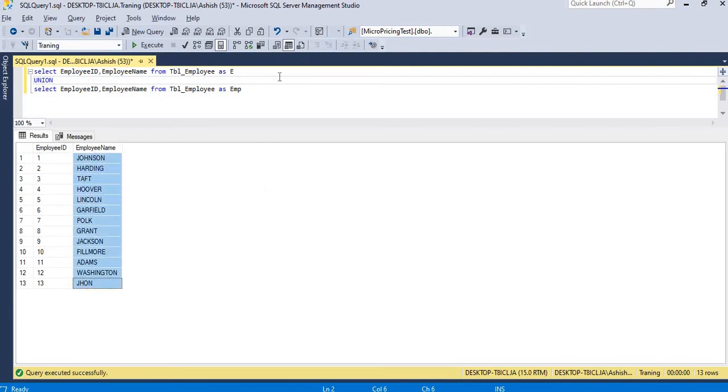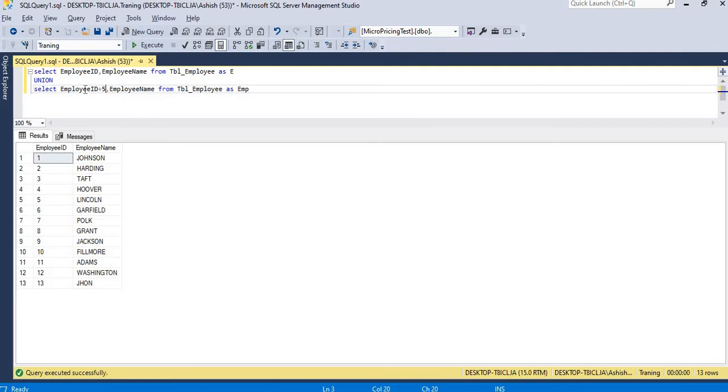You have 13 records from here, and you have 13 records here also, but only 13 records are coming in the result, because union shows only the unique records.